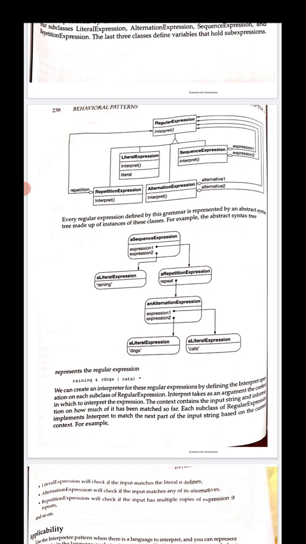For example, look at this abstract syntax tree. A SequenceExpression has expression 1 and expression 2.